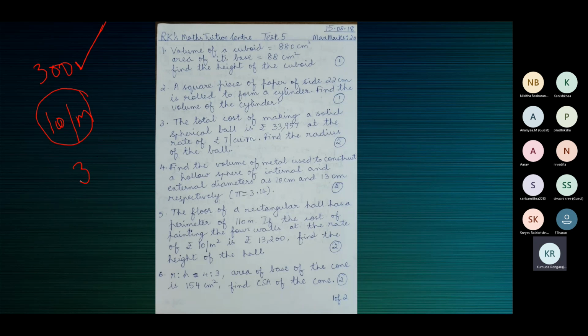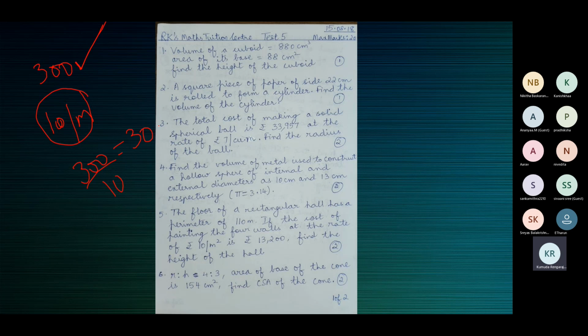So what is 300 by 10? 300 is the total cost, 10 is the rate. What will the total cost by rate give me here in this situation? Length of cloth purchased. Yes, Ananya, right. So 300 by 10 will give us the length. So I have purchased 30 meters.